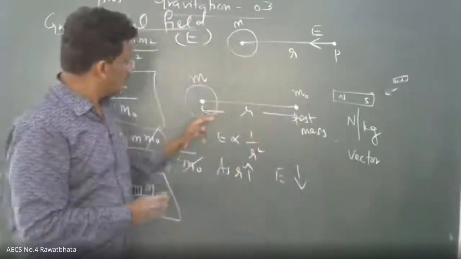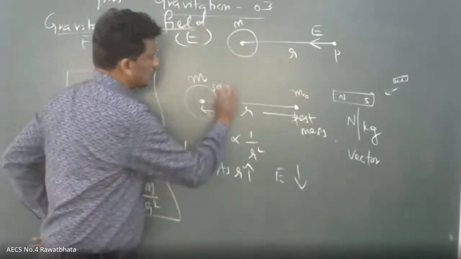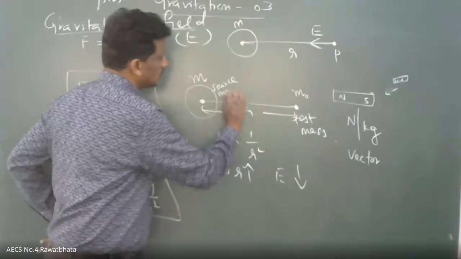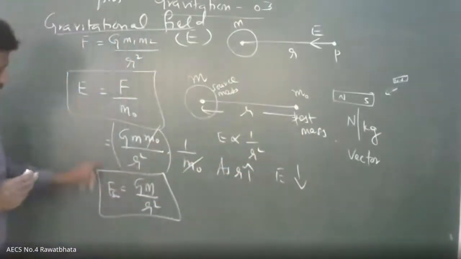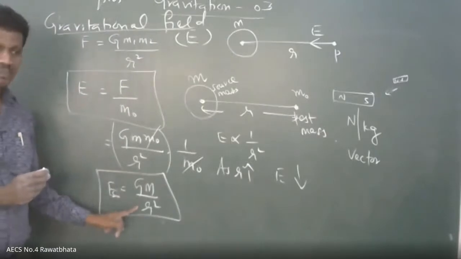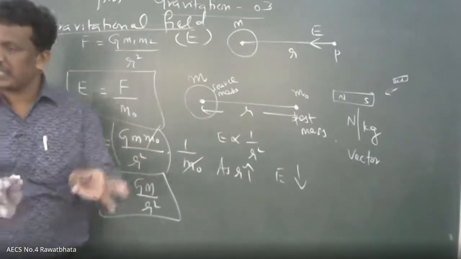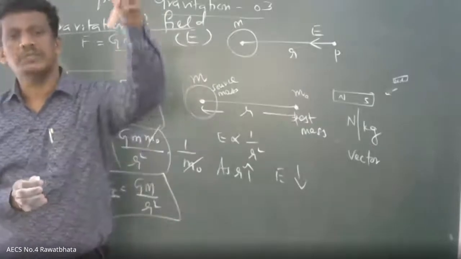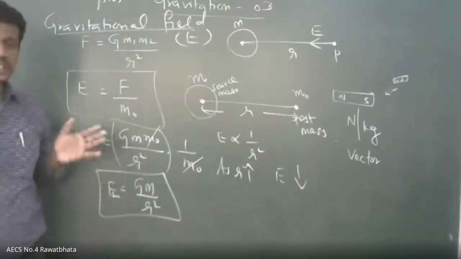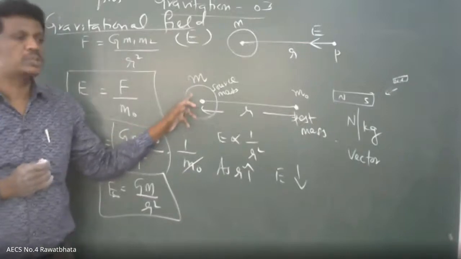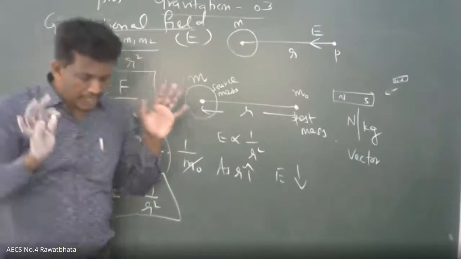So what is this? This is the source mass. And this is what? Test mass. In the formula, you will not get any test mass. The test mass can be anything. You place the particular thing, and accordingly you see how much force you are experiencing. Which strength are you going to measure? Source mass strength only. That is the simple way I am telling.